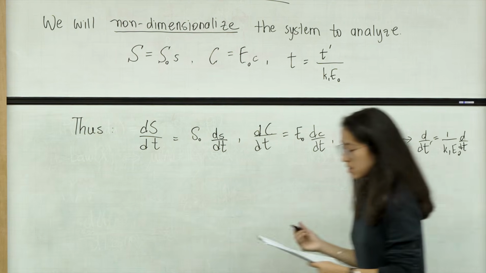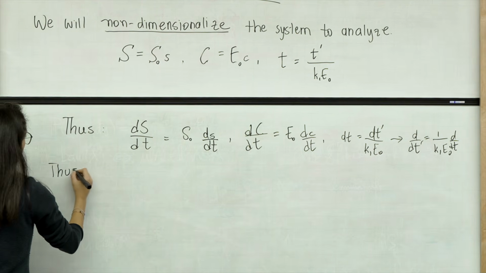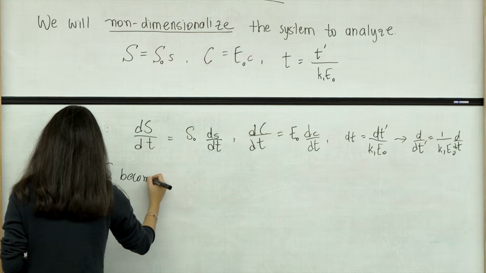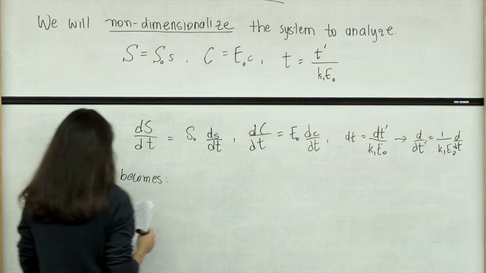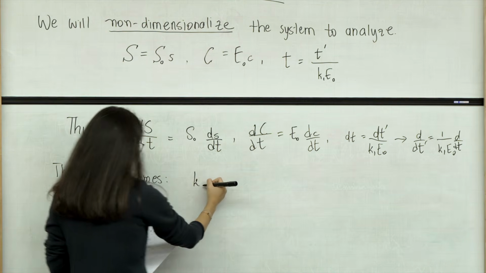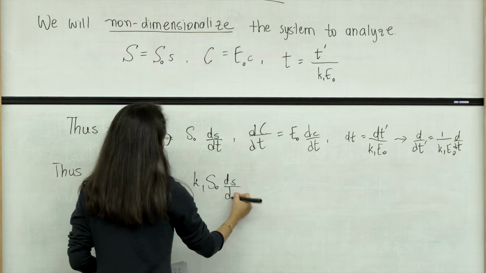So taking everything into account, this equation over here becomes, and I will take it that you trust me that I did the computation correctly, but if you don't agree, you can let me know. So you end up with this